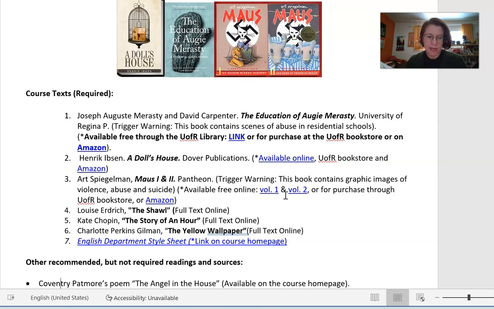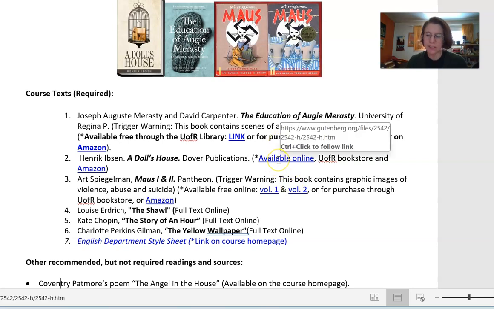The other text we have here, Henrik Ibsen's A Doll's House, is a play. It's kind of a feminist play, or you could interpret it that way. And I've a link to the online version on the course homepage, or on the syllabus here. So if you click on the link, it should take you to the online version, which is fine as well. If you, again, wanted to find a hard copy, I have this version. I think I posted, or in the bookstore, the U of R bookstore will have another edition of it. So whichever edition that you can get your hands on, it should be fine. But it's A Doll's House by Henrik Ibsen.